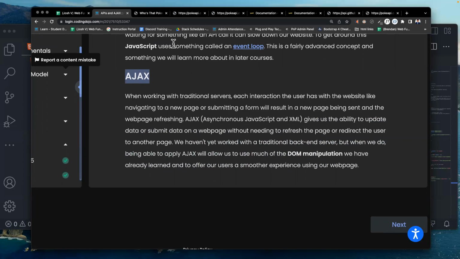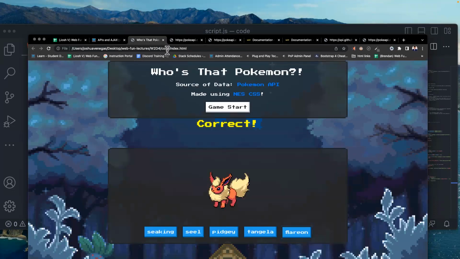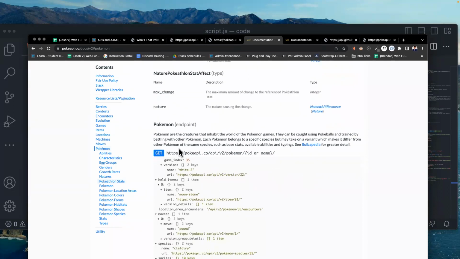We have already said this, but are we gonna eventually make our own APIs and stuff like that, or? You may not make, maybe in the future you will make an API, but you'll definitely be using other people's APIs. You'll be making applications using other people's APIs. Yeah, you may well make your own API somewhere in the future, but it would look something like this. It would probably look something like this Pokemon website, where you have this documentation, how to access the information in order to pull it onto your page.